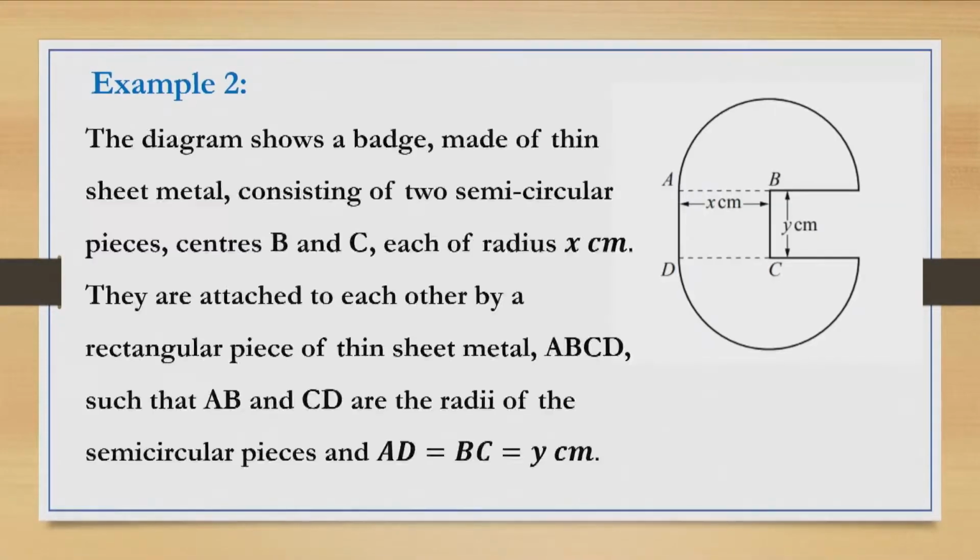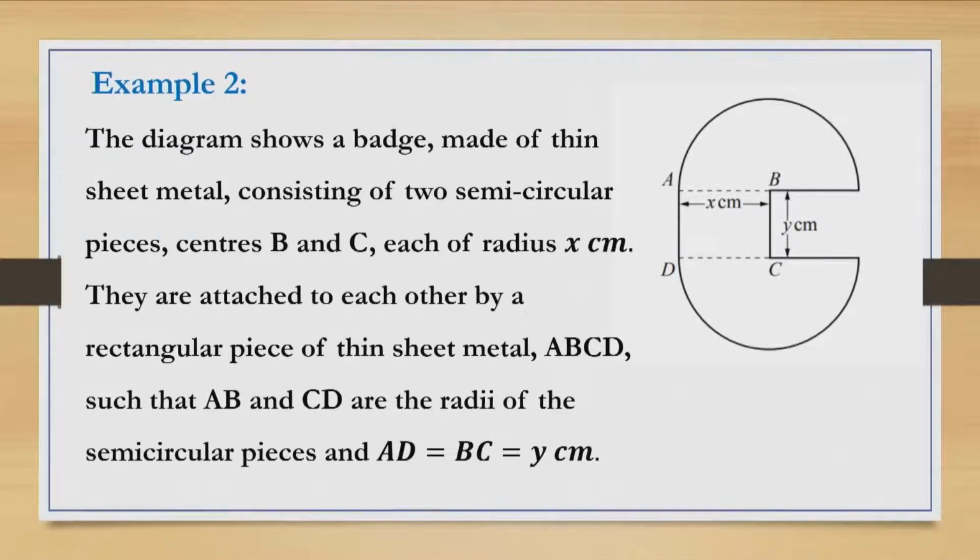Now we move on to example 2. The diagram shows a badge made of thin sheet metal consisting of two semicircular pieces. So you can see here we have two semicircles, centers B and C, each of radius x centimeters. They are attached to each other by a rectangular piece of thin metal sheet